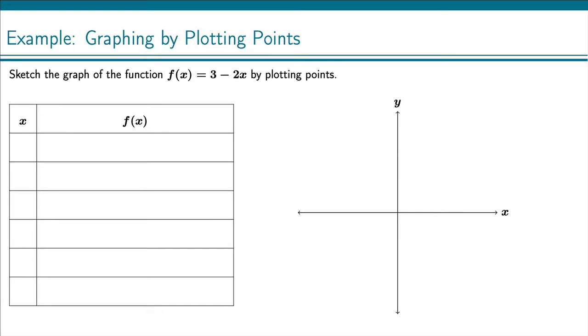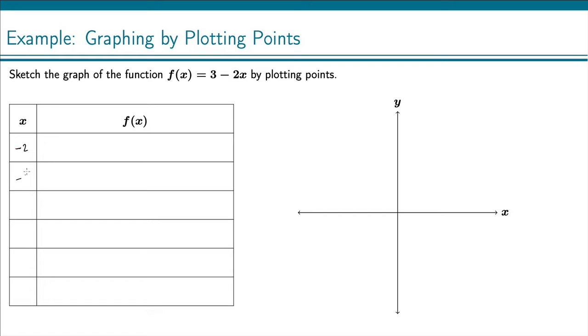Sketch the graph of the function f of x equals 3 minus 2x by plotting points. Plotting points to graph is the oldest trick in the book. We can plug in x values and get the y values by plugging those x values into our function. So we're just going to pick some random values. I'm just going to start with -2. It doesn't really matter what you start with,